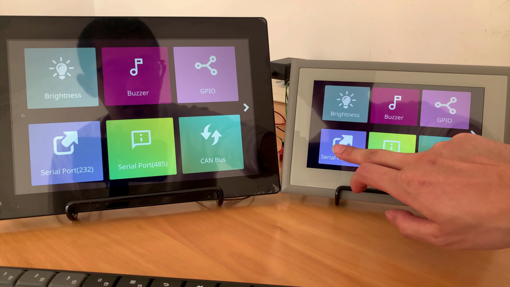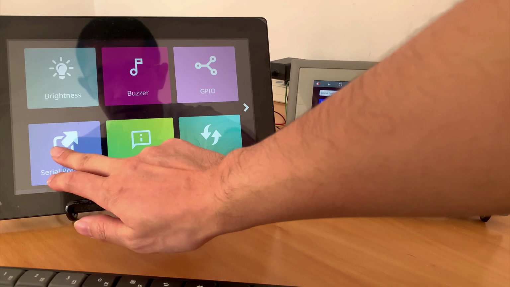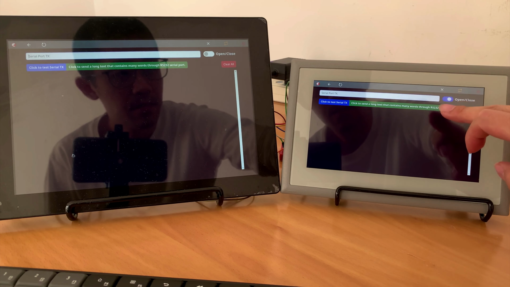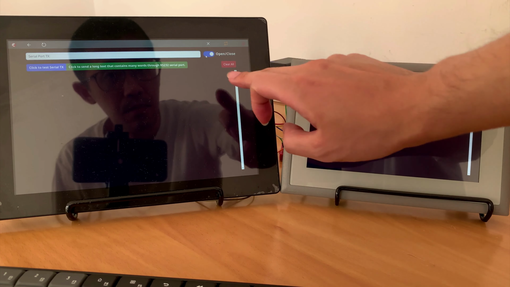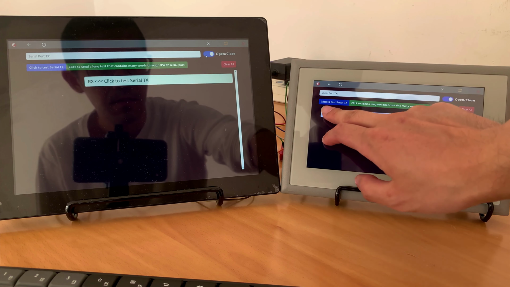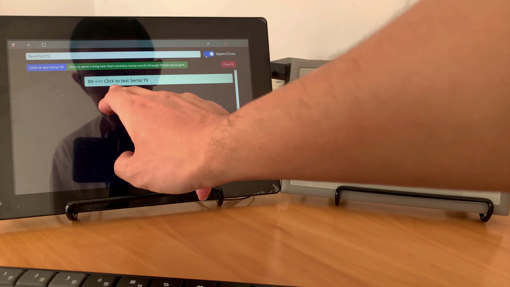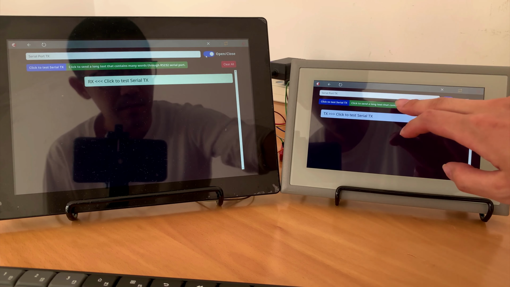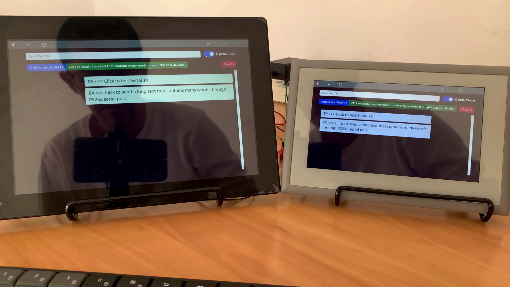Okay, let's first take a look at the RS-232 serial ports. Let's visit the page on each PC, then I will enable receiving on each PC. Now I will let the Pi say something to PX30, and see PX30 has received this test information. Now I will press this button to let the Pi say a long sentence. There's a log saying this Pi has sent a message through RS-232, and we can see PX30 actually received it.